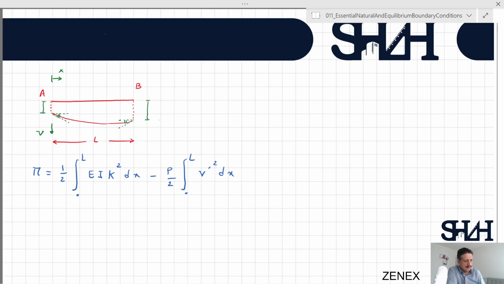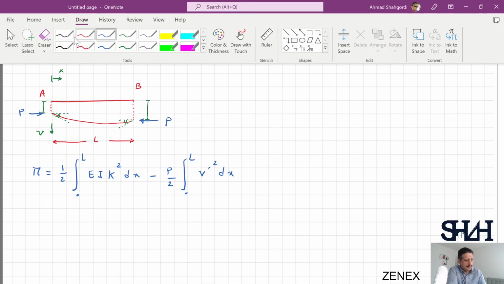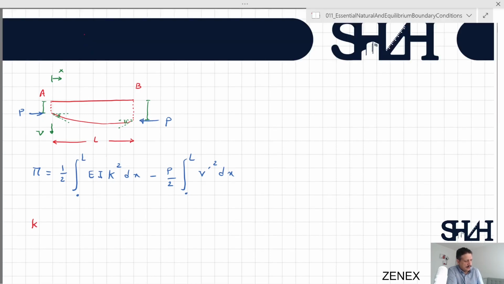And P is the actual force in compression. And also, we determined kappa can be written as minus the second derivative of V divided by the square root of 1